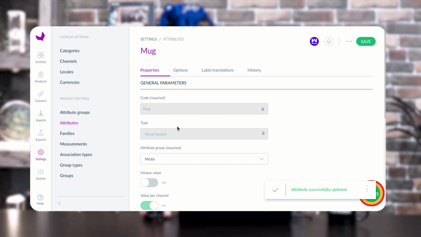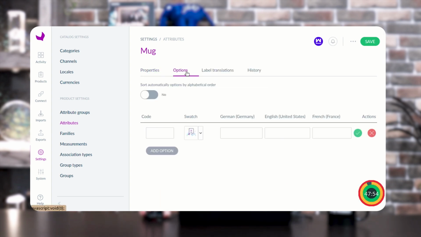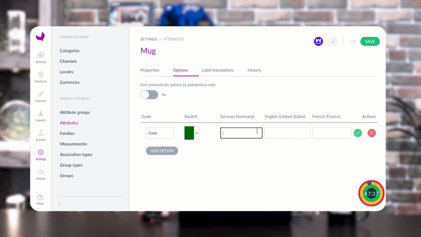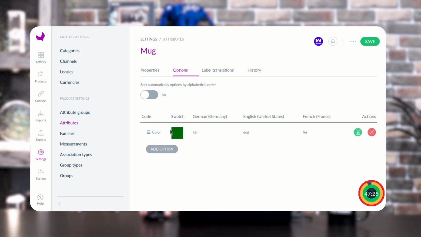Now after that, I am moving ahead and need to add some options into that particular attribute. So here I am adding the visual switch options. Now I have successfully added an option.